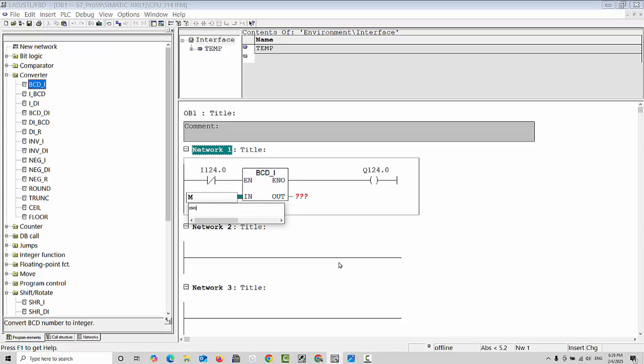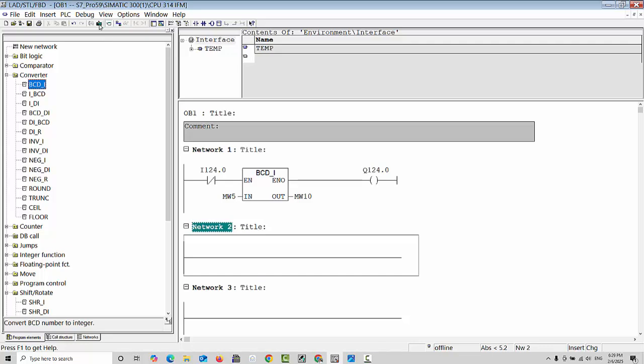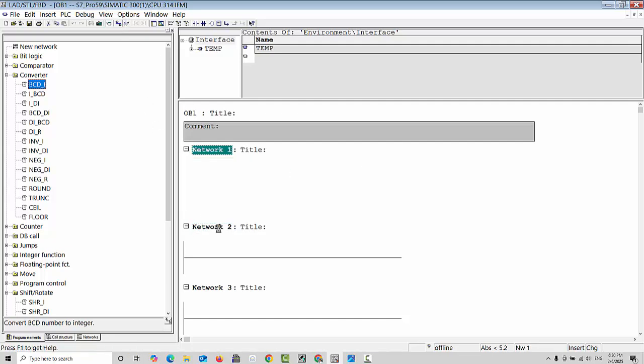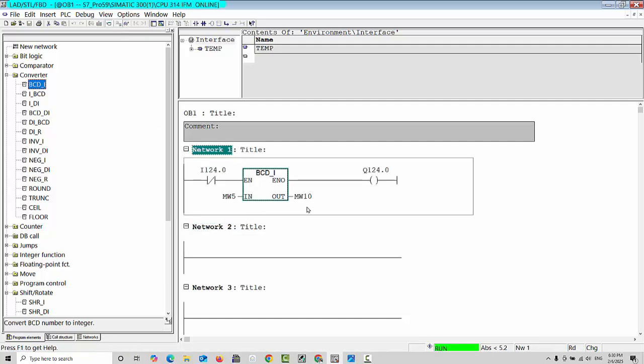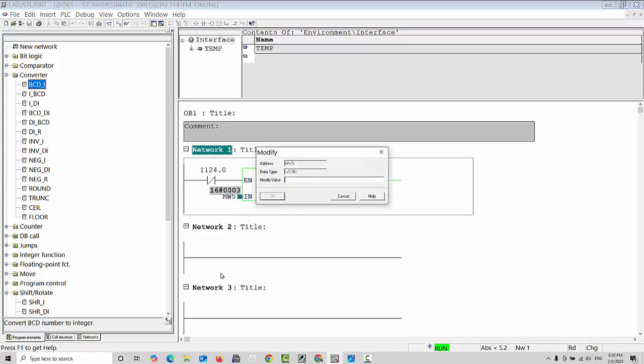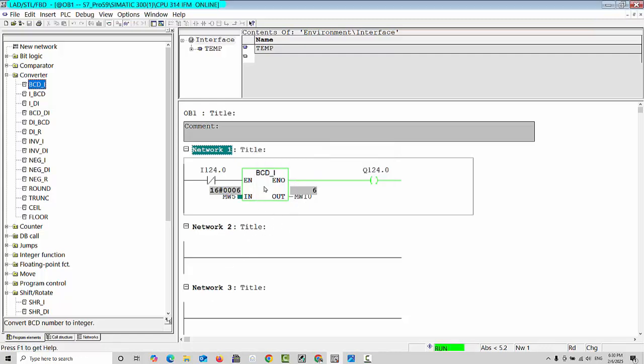For example, we will take the data register, and in the out section we will take MW10 data register, and this we will transfer into the PLC. And let's check this one. As an example, here we write, for example, this is 6, and you can see it shows the answer 6, and afterwards you will ask why this answer is written